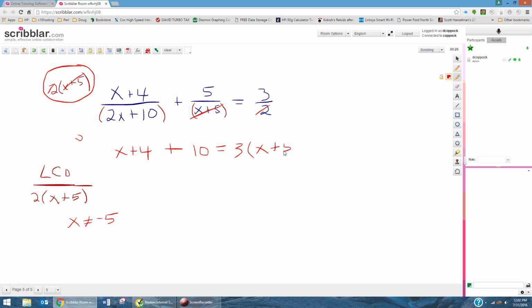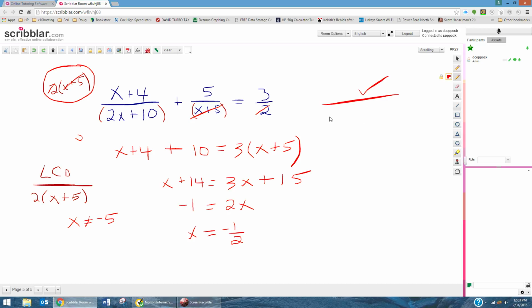Now I have an equation without fractions. I'm down to X plus 14 equals 3X plus 15. 2x equals -1. X equals -1/2. That's not in my list of rejected solutions, so this should be good. But you still might want to double check. I mean, if you want to check,